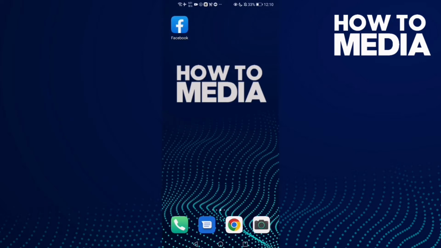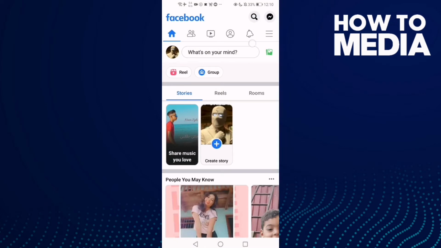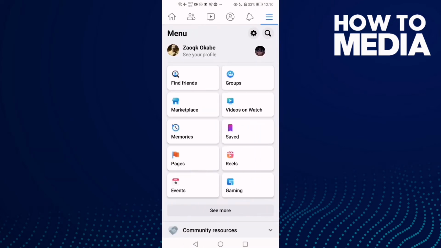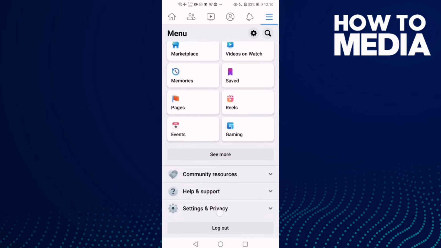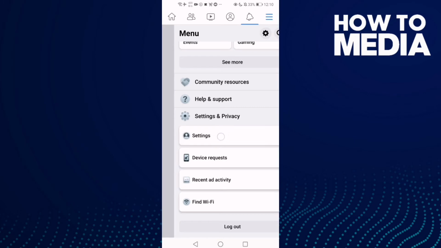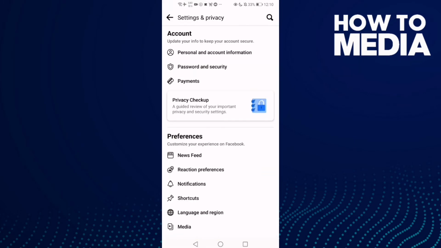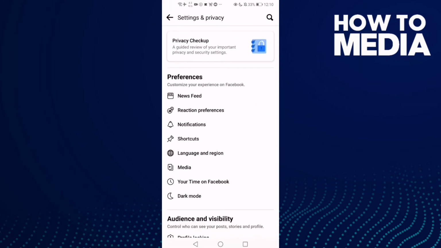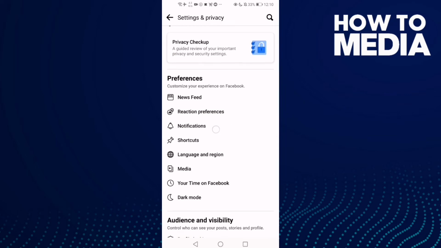First thing we're gonna do is go to Facebook and now click this three lines here and then just go down until you find settings and privacy and then click settings and then go down again and you will find here notifications. Click on it